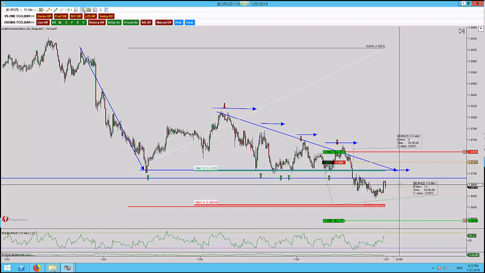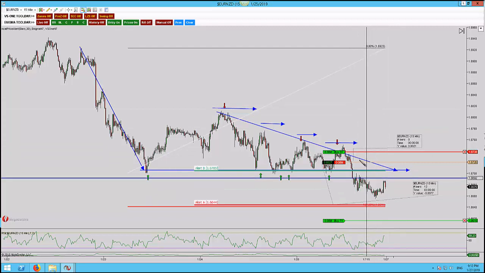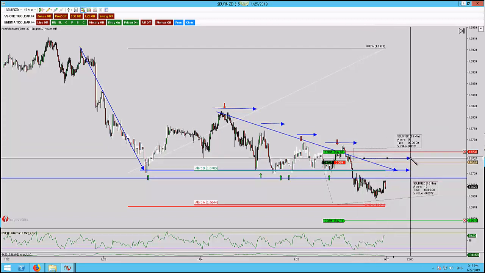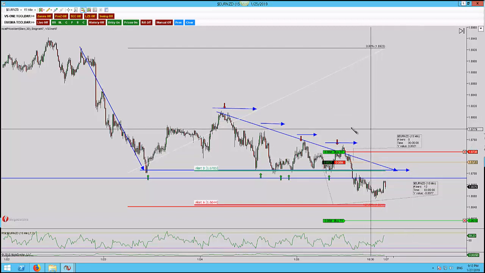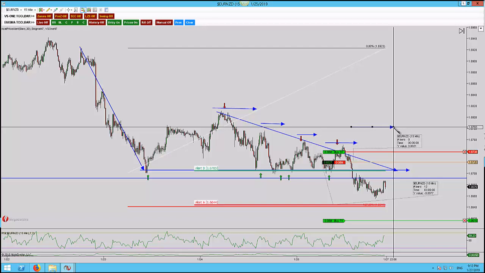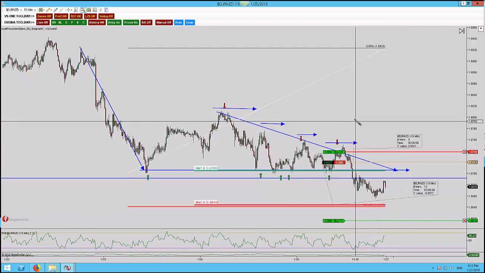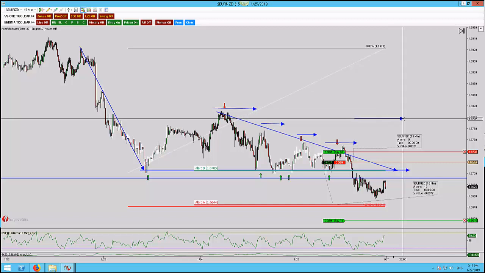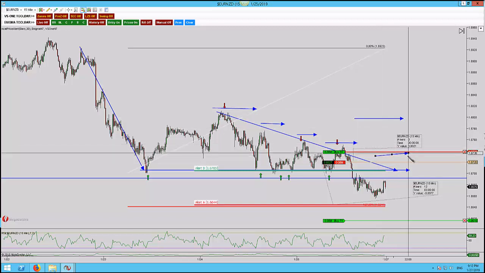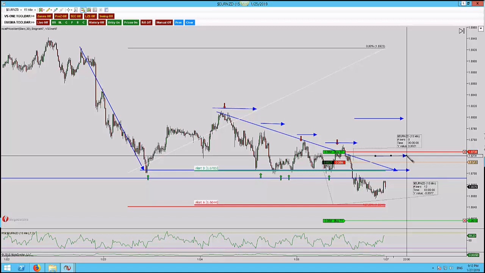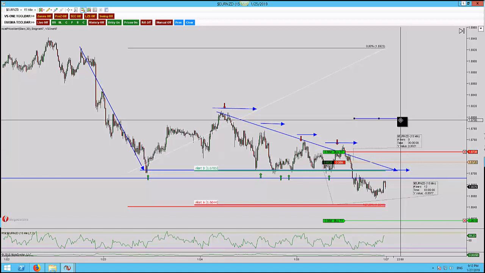The way I think about it is this: if the market was to gap up here, my stop would not have been hit, but the spread would get me. So if I have my stop, doesn't matter if I have it up here, it's still only going to gap to here. Now if the market was to gap all the way up here, well, I still end up losing the pips because my stop was here. So having your stop back at the weekend for me is actually safer than just leaving it in the same position,